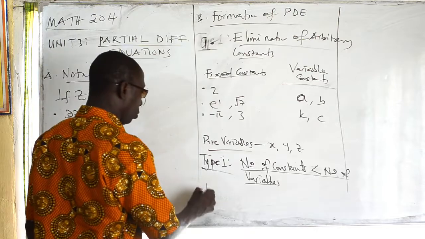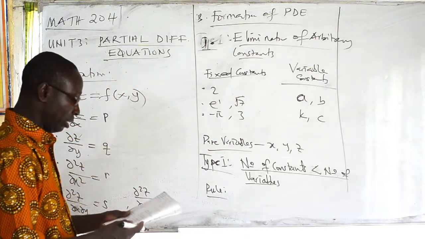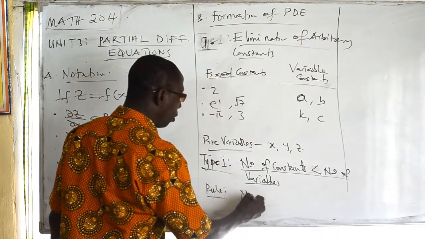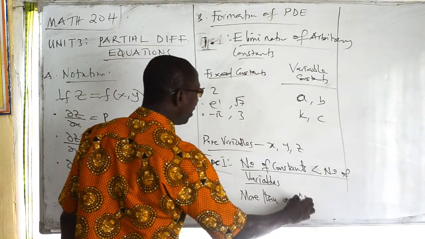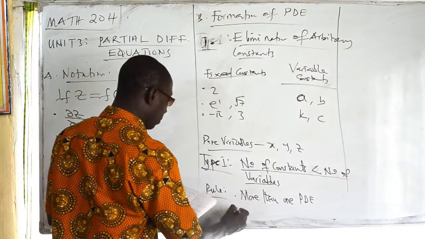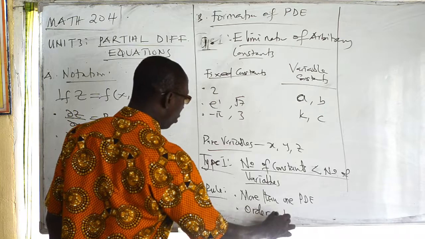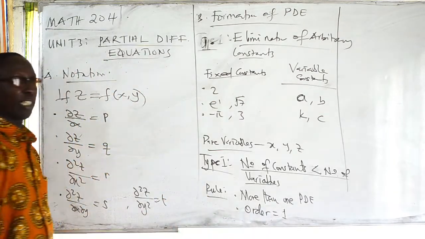What is the rule? The rule is that we are going to have more than one partial differential equation as your answer. You're also going to have the partial differential equation of order 1. Let us pick questions from